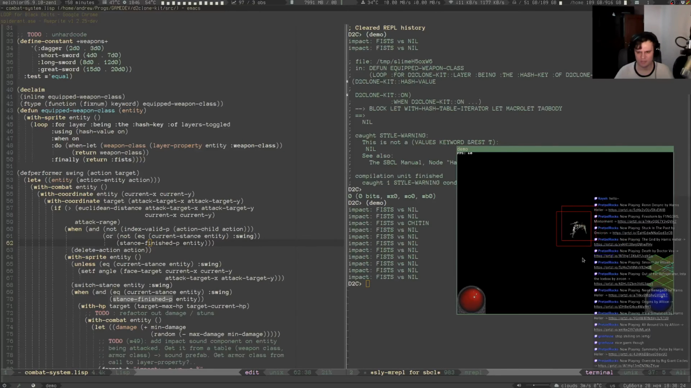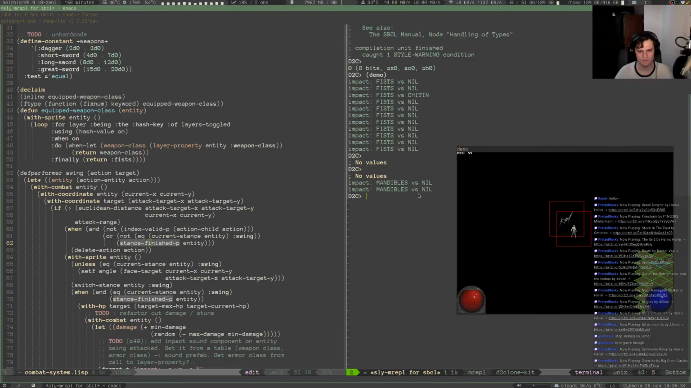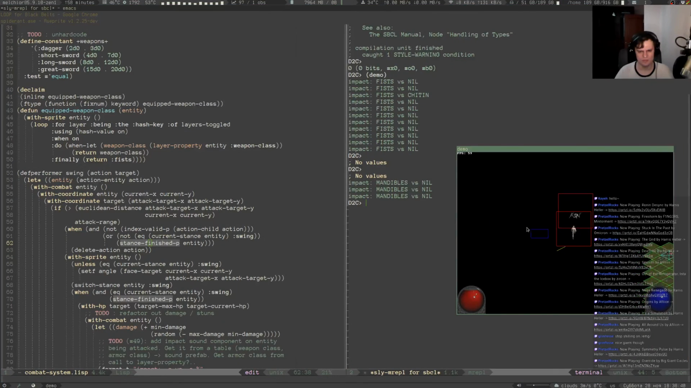So let's just wait until it hits us. Oh, come on. Stop being so clumsy. Okay, cool. Mandibles versus nil. And for some reason 2 times. Or was it just 1? Okay. Okay, just once. Yeah, right. So this is right now, and then if I hit it, we got fists. Okay, so I got the first part right. I got the proper